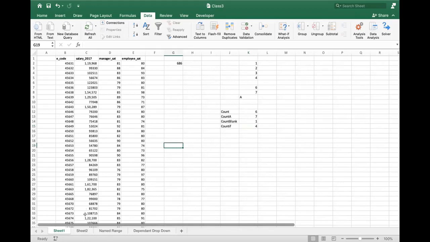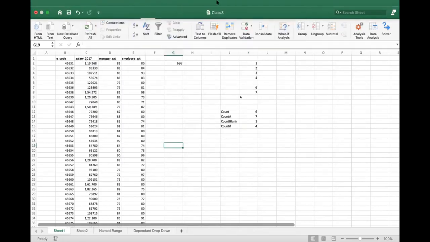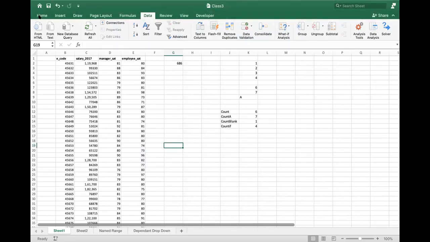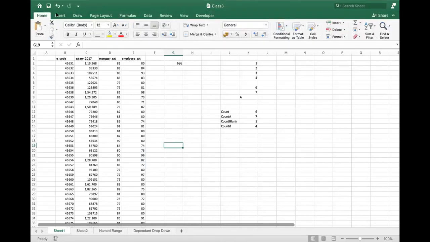So then we can move to the next thing. I'll come to the Home tab where I had done this bit. Yes, we'll talk a little bit about conditional formatting. Do you all understand what conditional formatting is? Have any idea? A little bit. Okay. So conditional formatting is used where